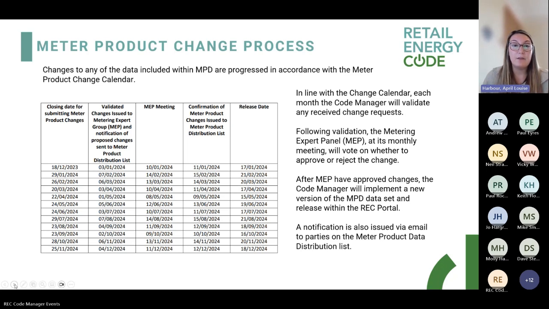So underlying all of this process, there are several communications that are sent through. These are all sent to those who are on our meter product data distribution list. So again, if you or your organisation wishes to be added to that distribution list, you can email the REC inquiries or technical inquiries mailbox, and details of those mailboxes are included later on the slides. And then just finally for this section,